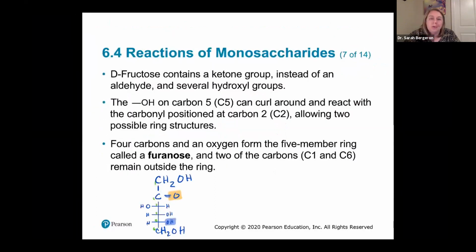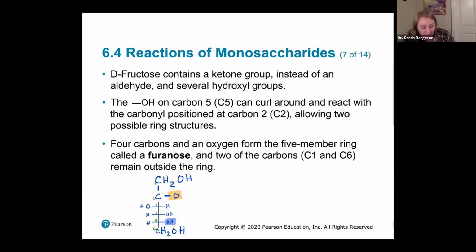All right, so D-fructose is a ketone, right? And a ketone is different than an aldehyde. Remember, for a ketone, you need two things, lock and a key. So, right, we have our carbonyl, and then we're gonna have something bonded up top, an R group up top and an R group at the bottom. That's our ketone. And so what you're gonna look for is the OH on carbon 5 actually curling around to react with that